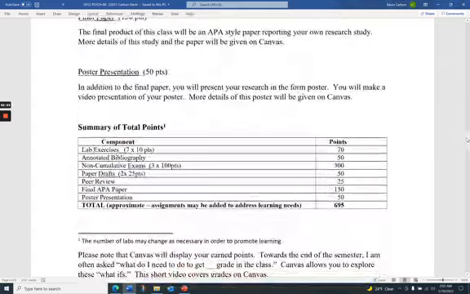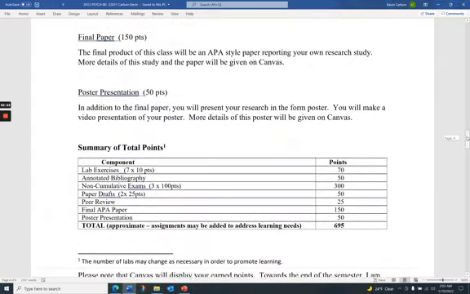And then in terms of your research paper, or I should say your research study, there's two big things you're going to be doing. One is the final paper. So again, we talked about steps we're going to take to help you produce the final paper. So it's not just your final paper at the end that you have to cram it all in at the end. We're going to take steps to develop that paper, but the final paper will be worth quite a few points in this class.